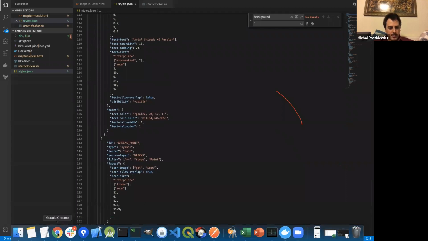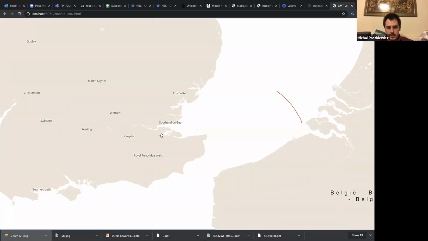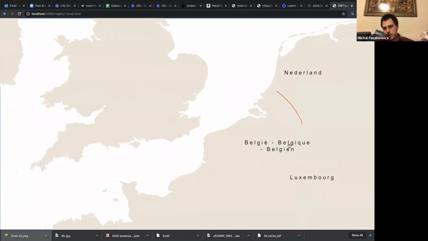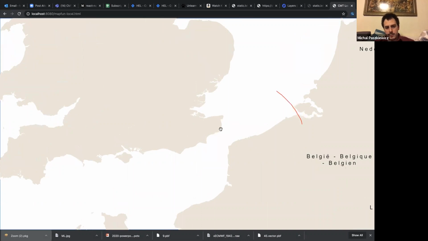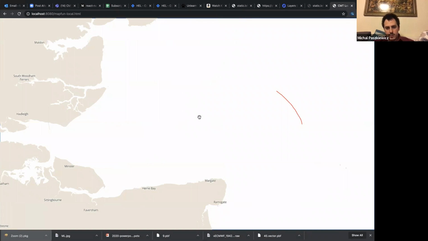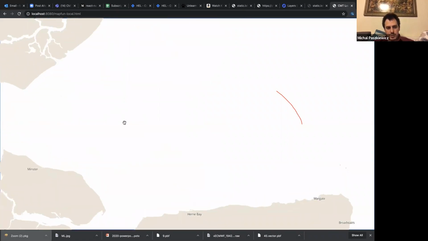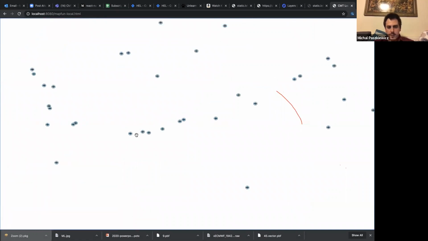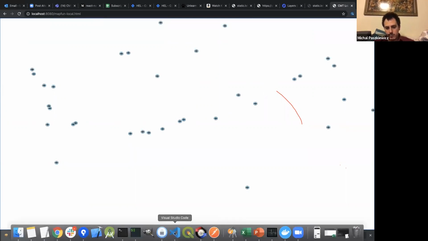So if we look at what this file creates, we see here we've got the country names, we've got the land area. This is what the first thing was, and then when we zoom in, the icons that we're showing should show us, oops, the wrecks. So here we have wrecks. So the development actually becomes really easy with MapBox, and the beauty of it is how easy it is to put in both the web and in